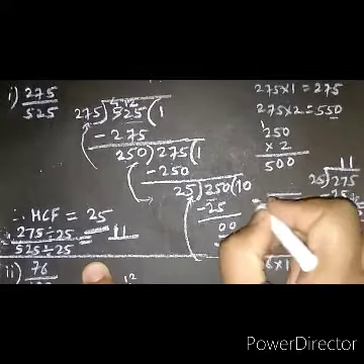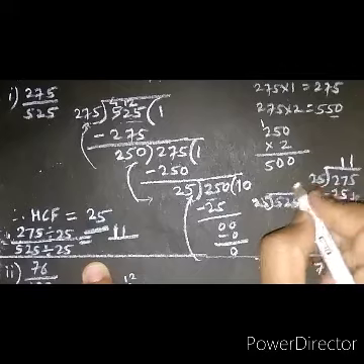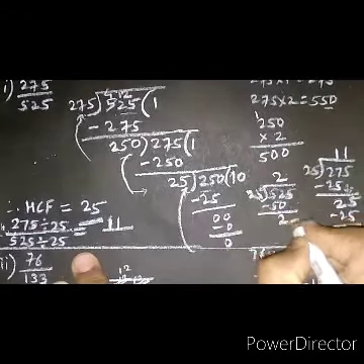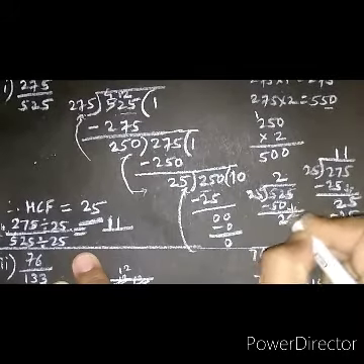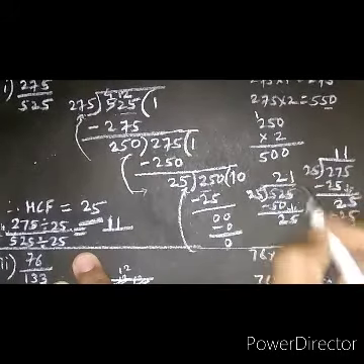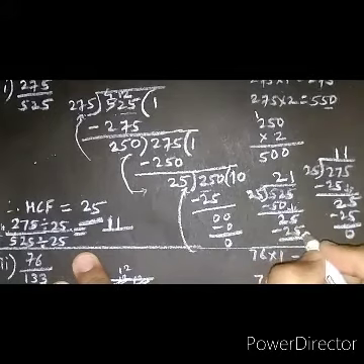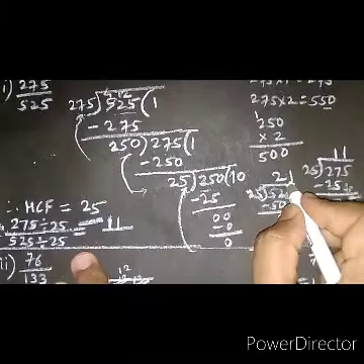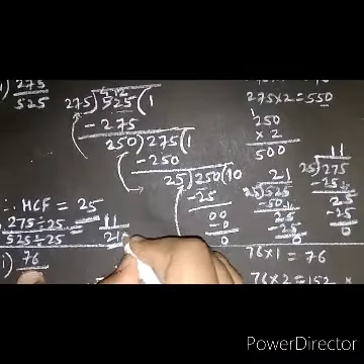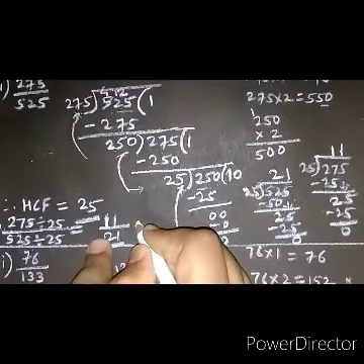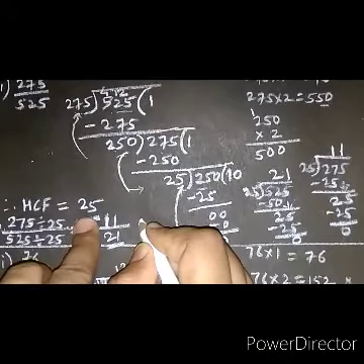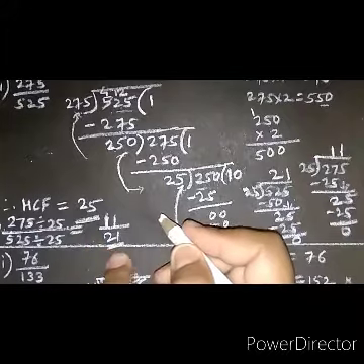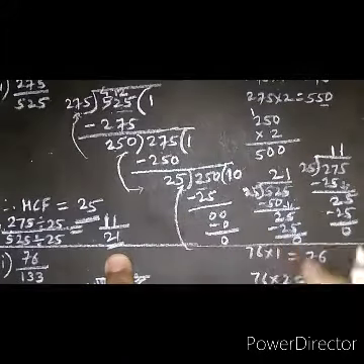Similarly, 525 divided by 25. 25 twos are 50. 52 minus 50, that is we got remainder 2. Now we have to take the next number 5. Now we got 25 and 25 ones are 25. So 25 minus 25, that is we got remainder 0. So here remainder becomes 0 and we got the answer 21. By dividing both the numerator and denominator by the HCF, we got 11 upon 21. So this is called the simplest form.